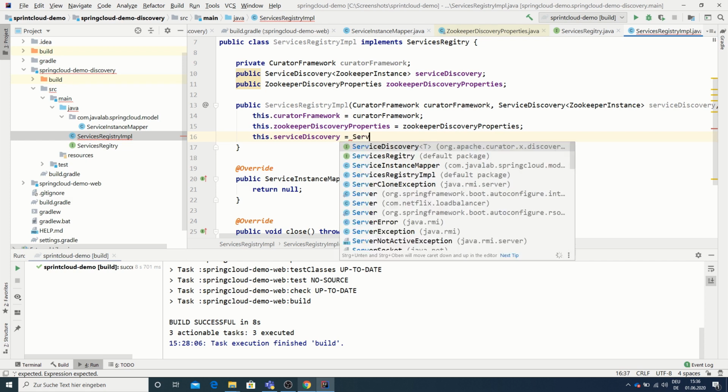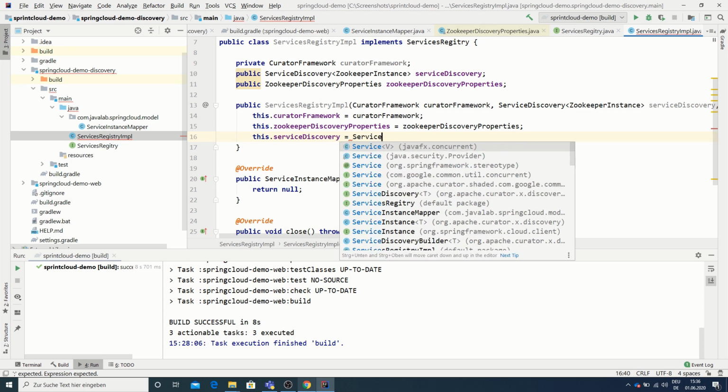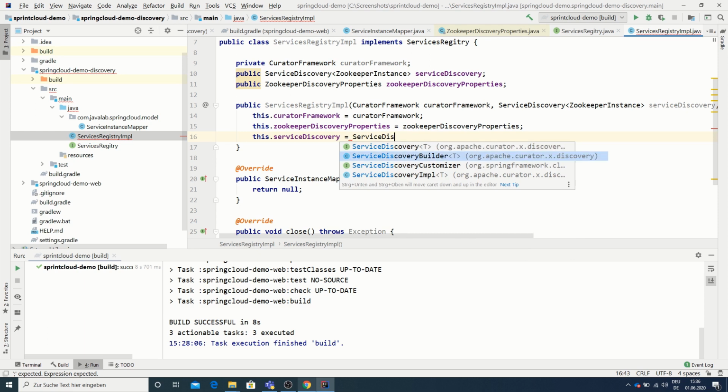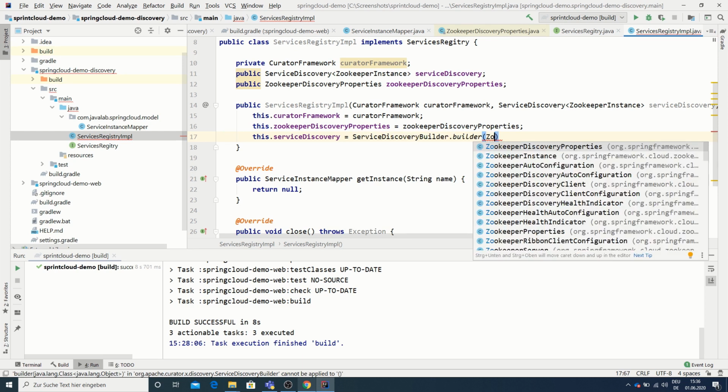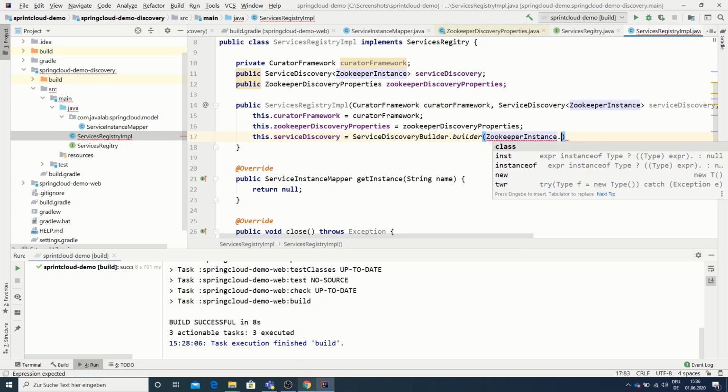In order to get a service discovery, we will use the service discovery builder. We will pass the builder class the Zookeeper instance dot class,